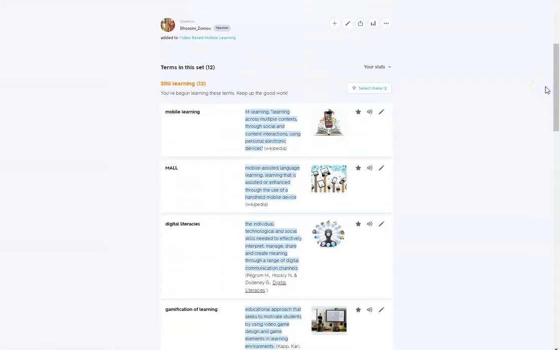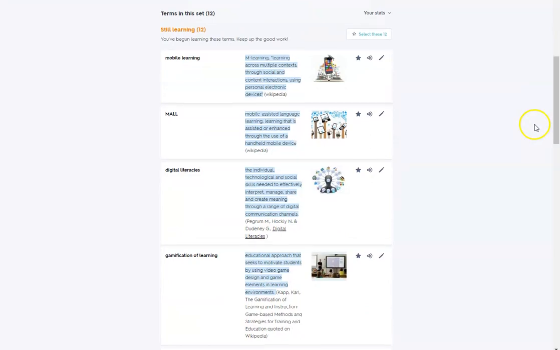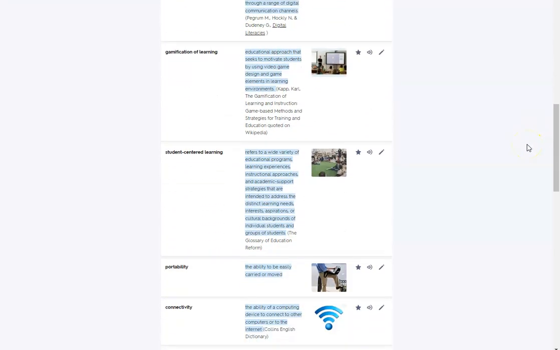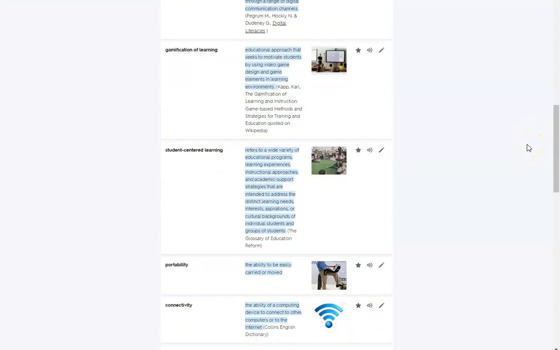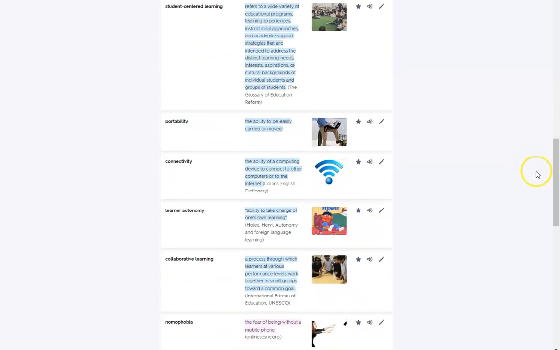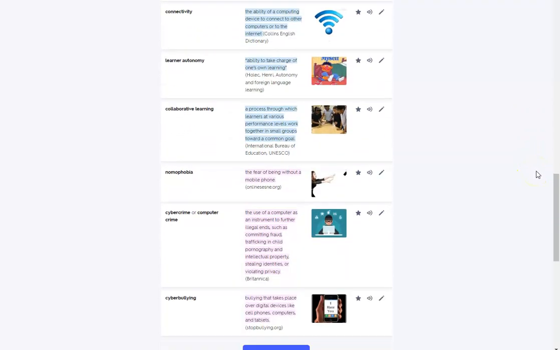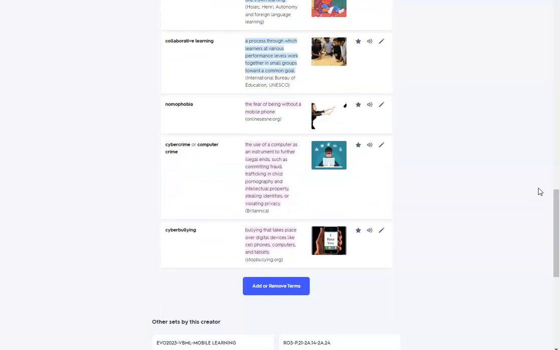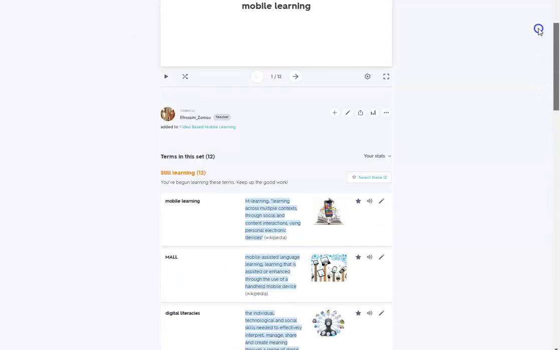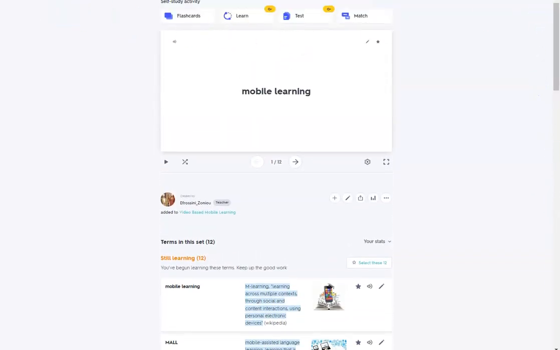I found it enlightening to compare and contrast each participant's list. Everyone has their own notion of basic terms connected to the topic. Of course, a Quizlet set is created in order to be played, so we played each other's Quizlet sets and our own and shared our scores.